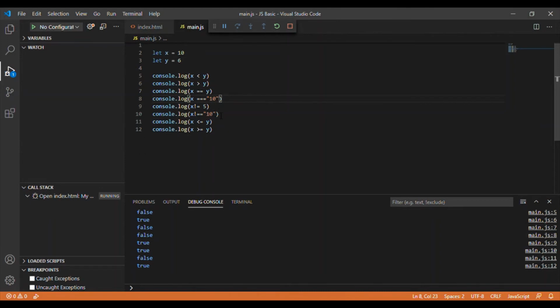So this will tell you that x equal to 10 does not match x equal to the string 10 in inverted quotes. Similarly, x less than or equal to y, that's false. And next is x greater than or equal to y. Yes, that's correct. So that's all.